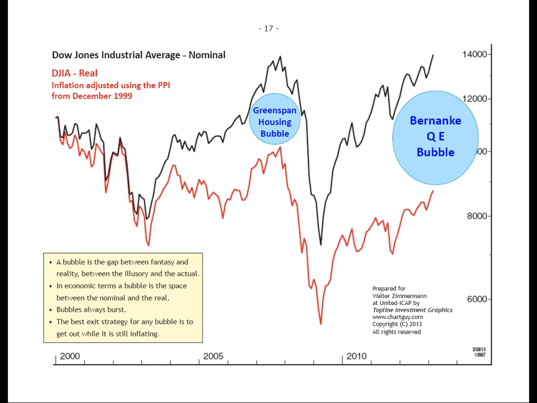And if you study the relationship between these two, you find that at a certain point of stretching the nominal above the real, the economy tends to run into problems. And you don't get a correction as much as you get a bursting of a speculative bubble. Now, who's to say how wide this will get between nominal and real, but it's already dwarfing what we had back at the 2007 peak.